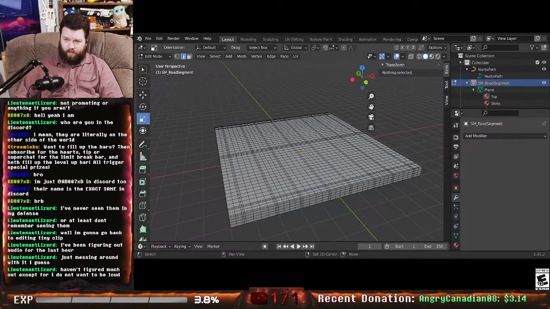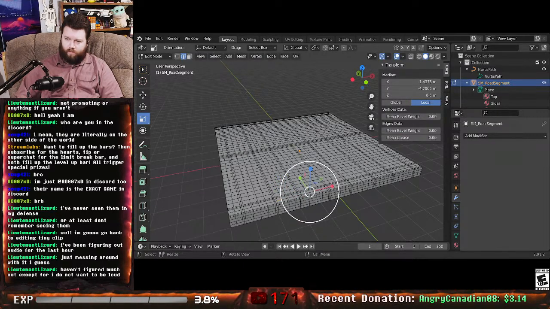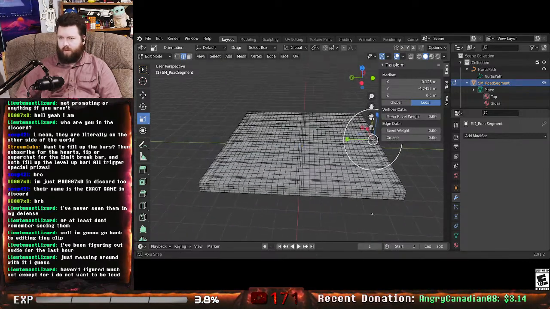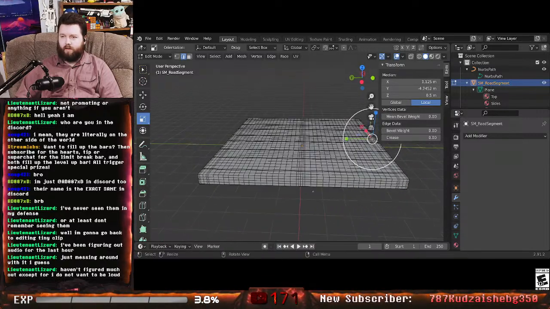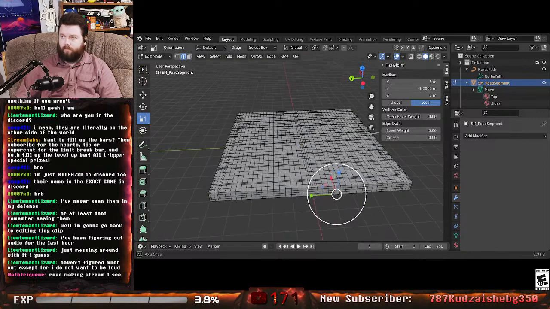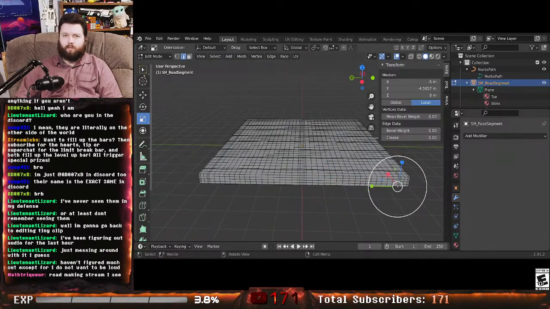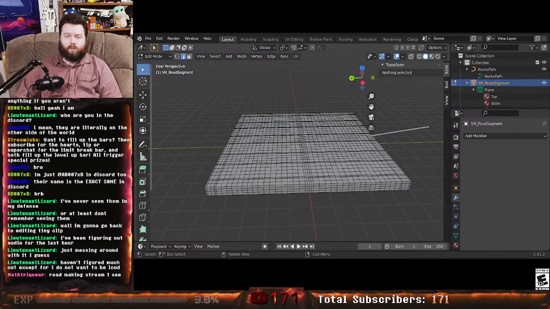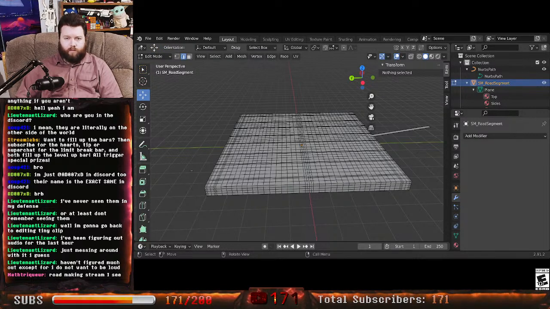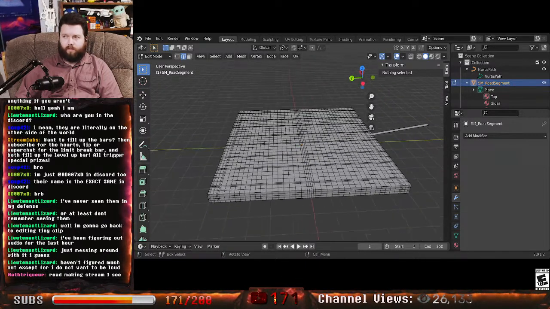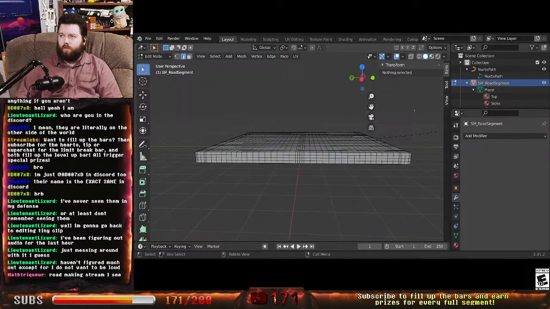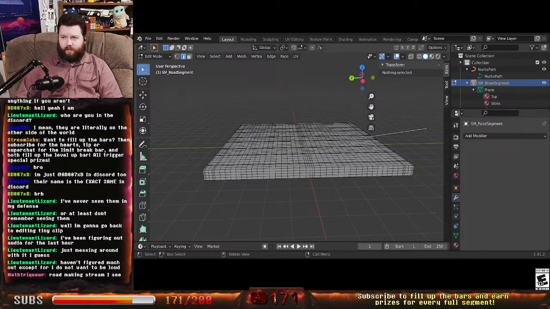Grab the whole thing. How do I move this freaking camera? It's been so long since I've used Blender. The Unreal Engine has such an intuitive system. I don't get why it's fighting me. In any case,